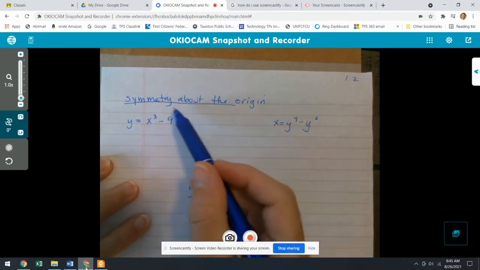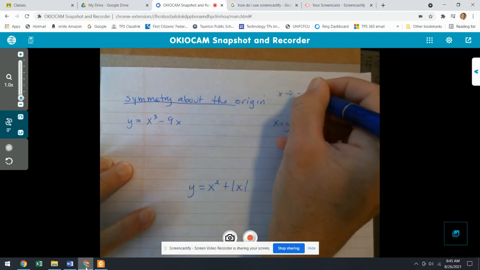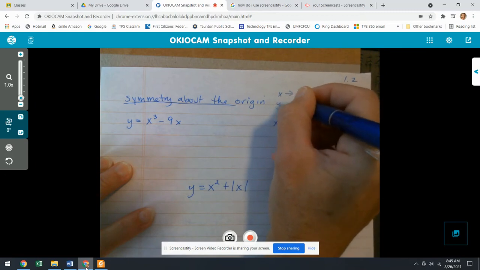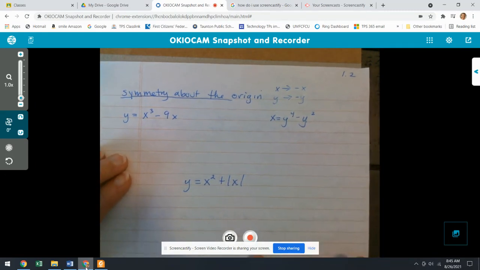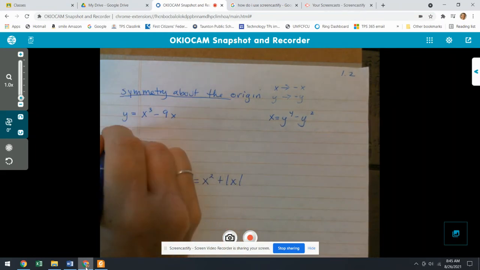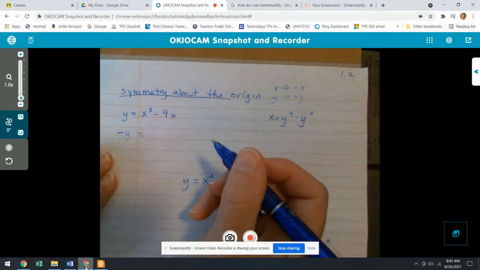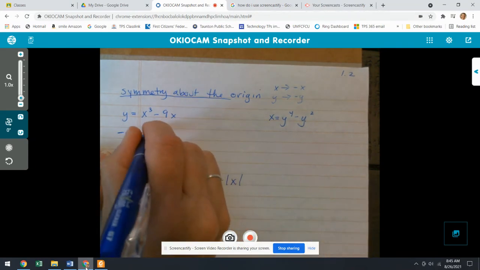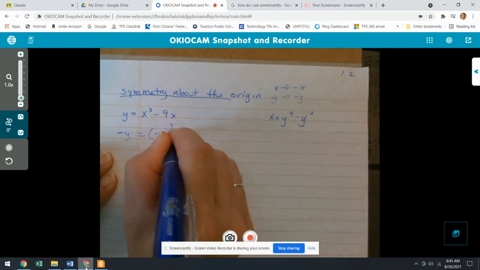For the test about the symmetry about the origin, we take out the x and put in the opposite of x, and we take out the y and put in the opposite of y. I don't know if my pen's losing ink, but we'll see how it goes. So this is my original equation. Instead of the y, I'm going to write the opposite of y. Copy the equal sign. And now instead of the x, I'm going to put negative x or opposite of x